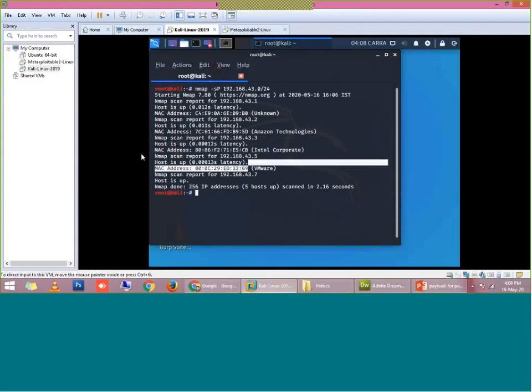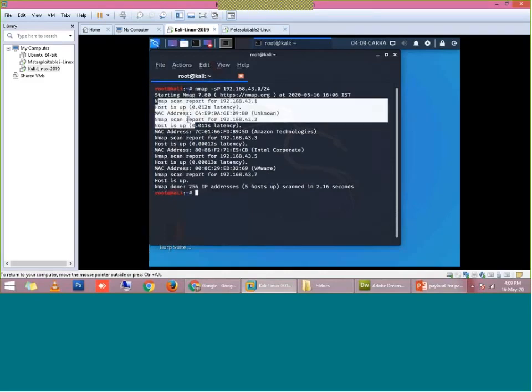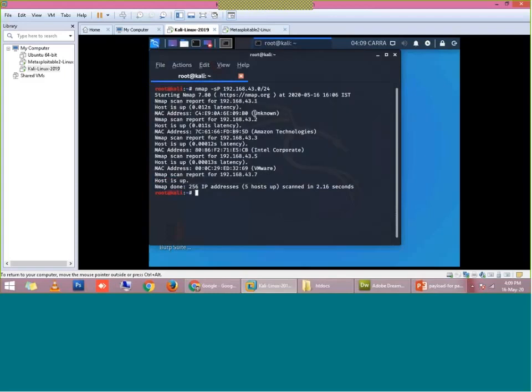Then next it is showing that 43.5 is also running, right? It is my Metasploitable. Metasploitable was having this IP address 43.5, and last it is showing 43.7. So I am able to scan throughout the subnet. 43.1 is my gateway.